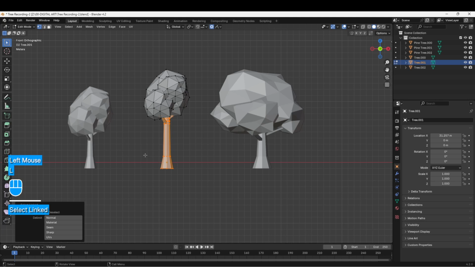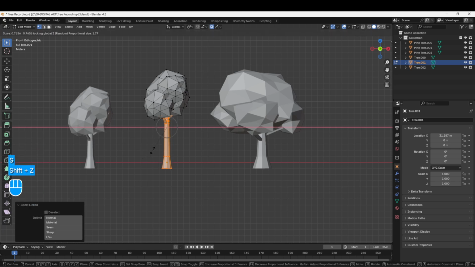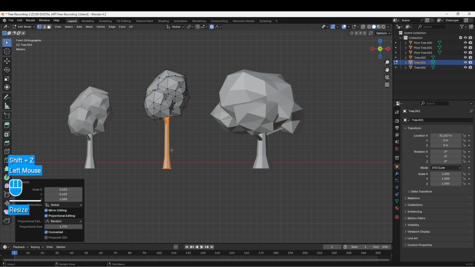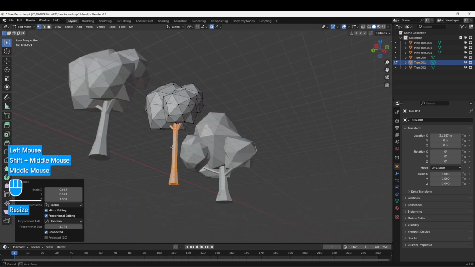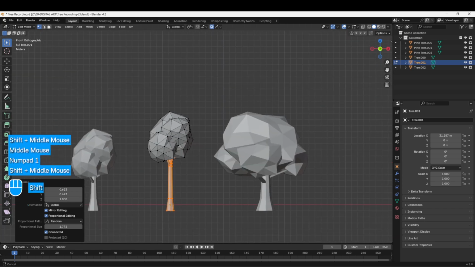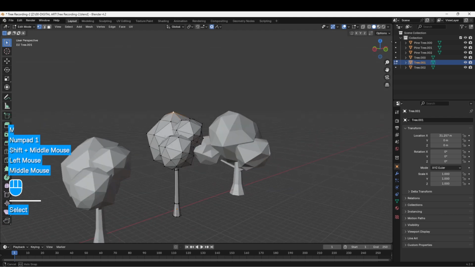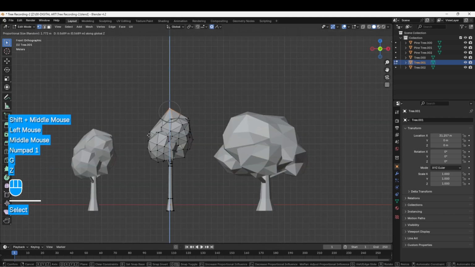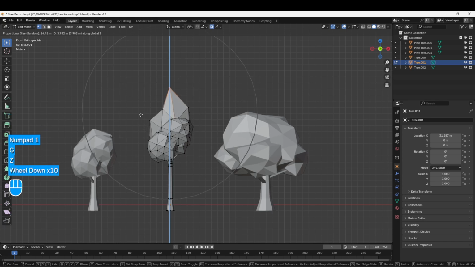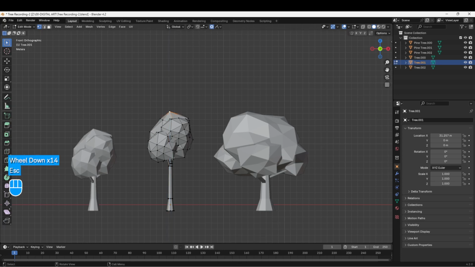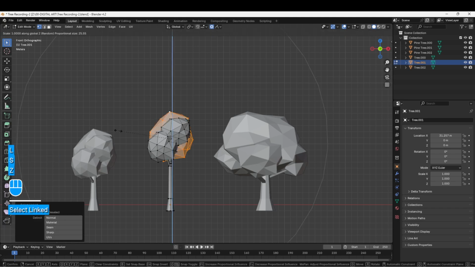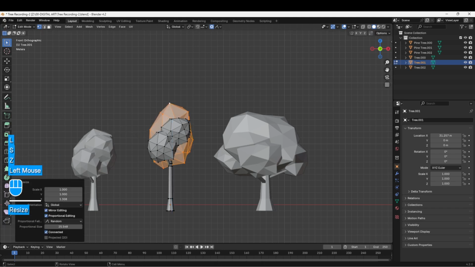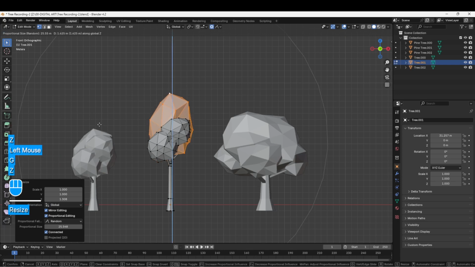L to select the whole trunk, S to scale, Shift Z so it doesn't get any taller. So I want a really skinny trunk, and let's select this part, grab on the Z, and I still have proportional edit on, so I don't really like how that's stretching, so I'm not going to do that. Let's instead select all of it, scale it on the Z axis to make it a bit taller, grab it on the Z axis to move it up,